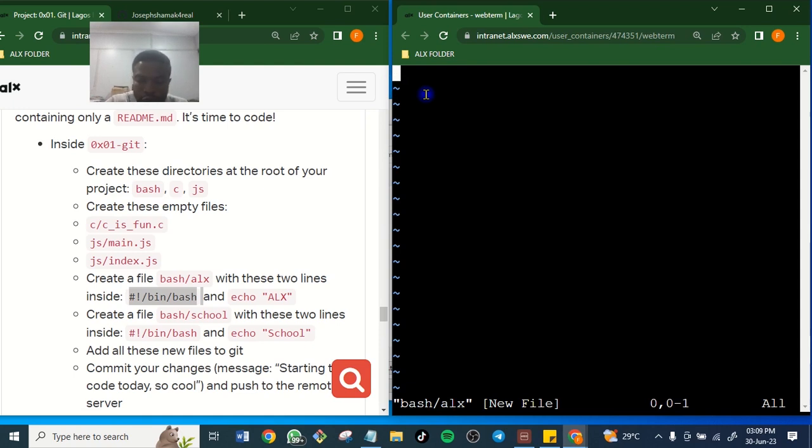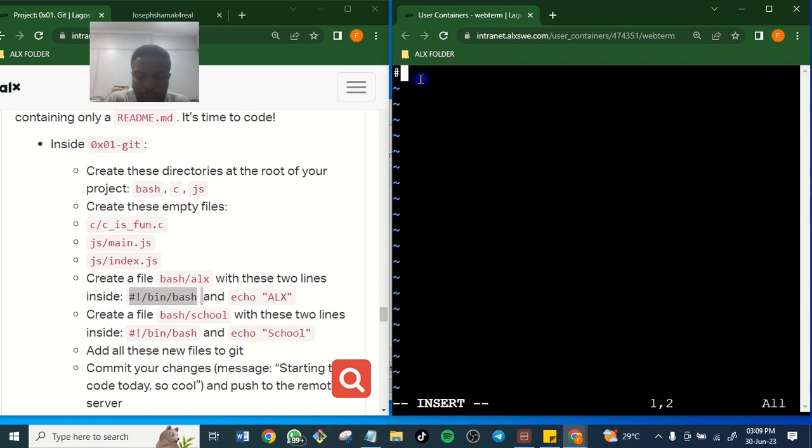Just click on your I. You have entered, you have changed it. Now you see that it's now in insert mode. So now you can write something. What did they say you should do? They say inside this put this. So let's type. Let's not copy and paste. Let's type. Say your hash. Shift 3 is your hash.